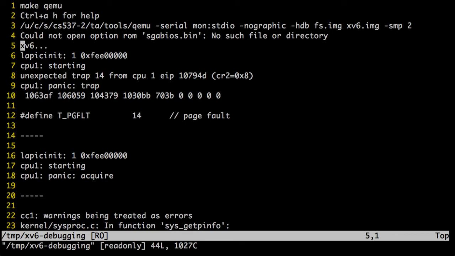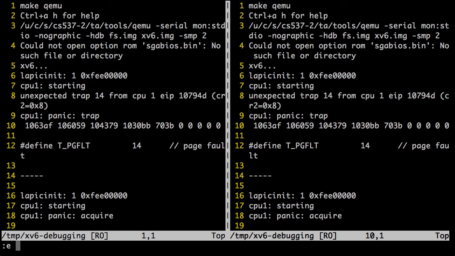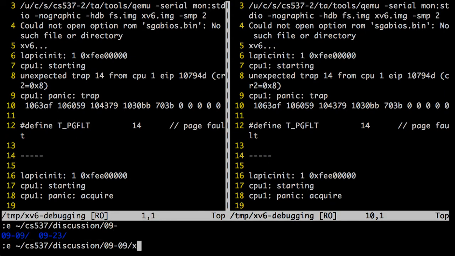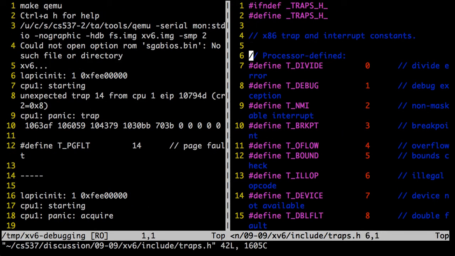A lot of you would have seen this particular error, which basically says there is a trap, and then tells you nothing else. I totally understand if you did not understand what this means, because I didn't at first glance either. But there is an easy way to figure this out if you run into it in your future projects. You go to your XV6 code, and there's a file called traps.h. This is what it's actually printing out when it gives that error, and it's basically saying we have an unexpected trap 14.